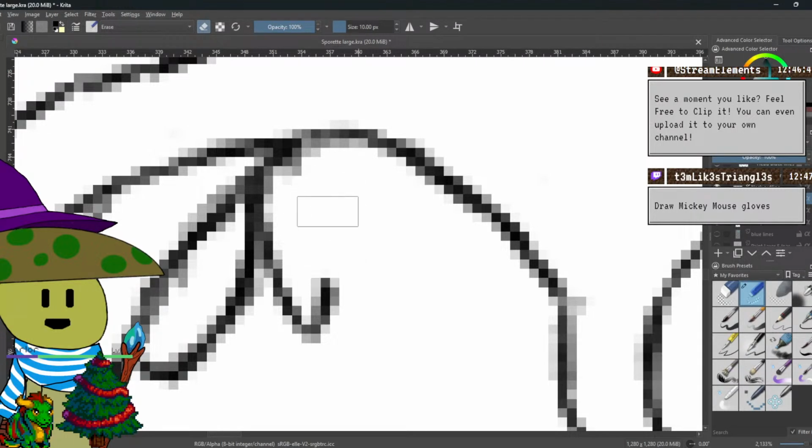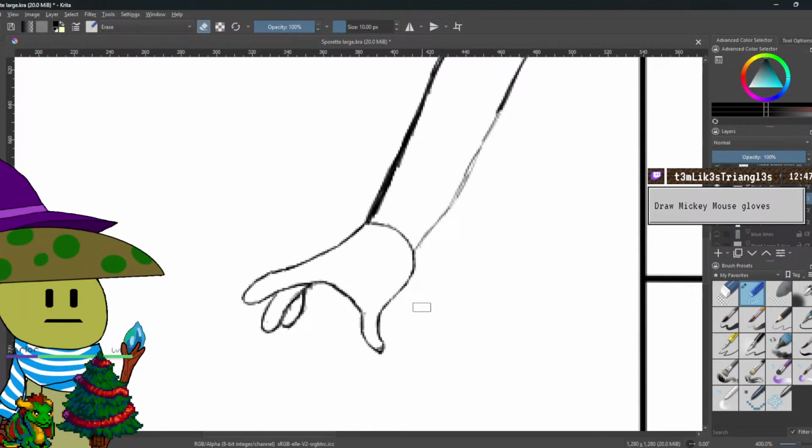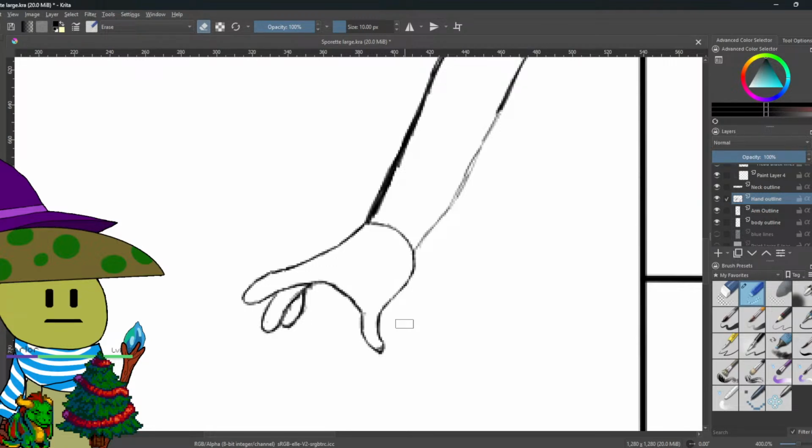Here's the worst part. I'm very much tempted. Relatively speaking, I think this looks not great, but fine as is. I'm very much tempted to just draw Mickey Mouse gloves. Cut this part of the hand a little bit, make the thumb closer to the ring finger. I'm very tempted to do that because trying to draw the pinky is being really